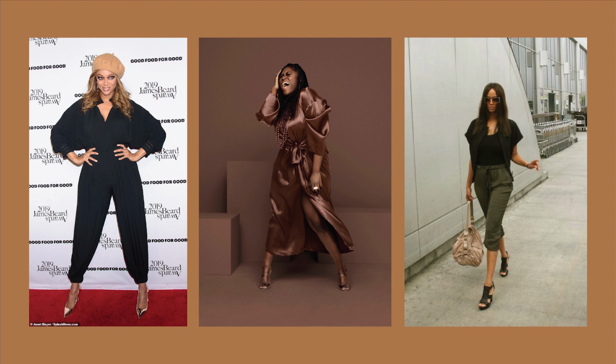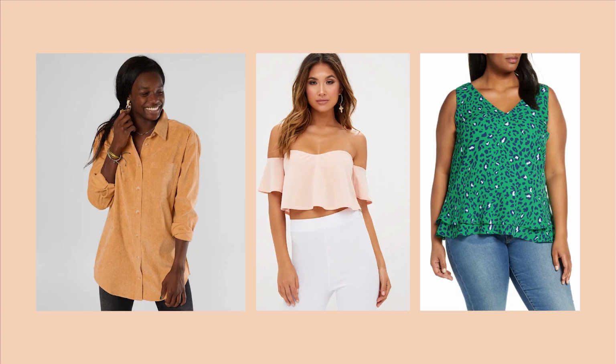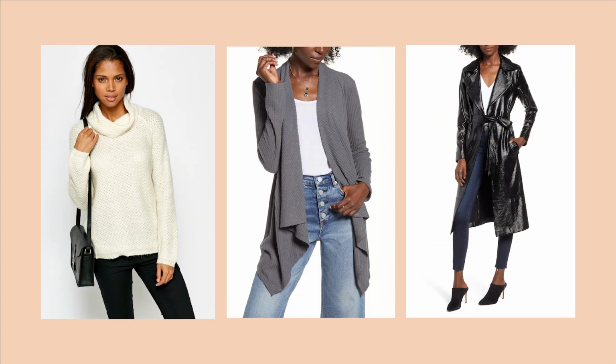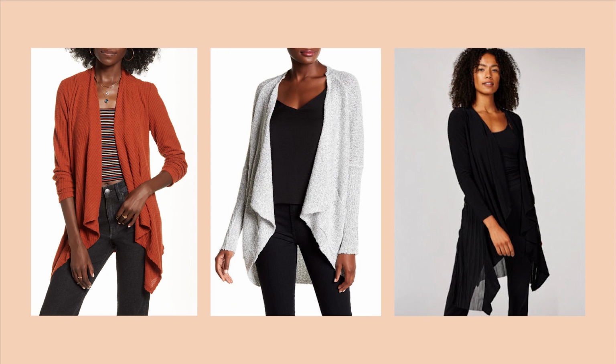You should avoid really tight sleeves. The best options for this shape are flared, cap, slit, cuffed, and draped sleeves. Other types of tops I would recommend you wearing are flowy tops, long wraps, tunics, swings, trapeze shirts, and flowy crop tops. When wearing knitwear, coats and jackets, I would avoid tight fits and double-breasted designs because that will make